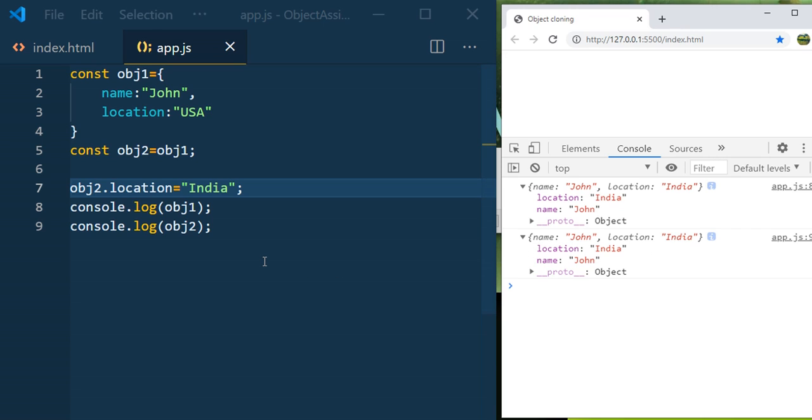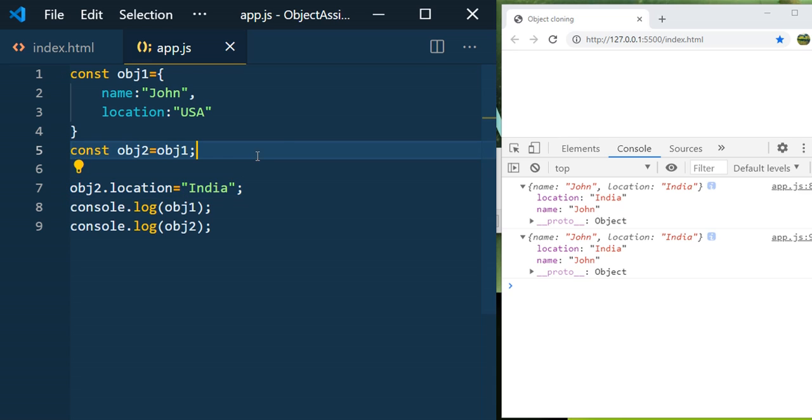So what does it mean? Objects are reference types in JavaScript, which means the changes you make to object2 will affect object1 whenever you do cloning using the equal symbol like this. You might wonder why object1 also got affected.